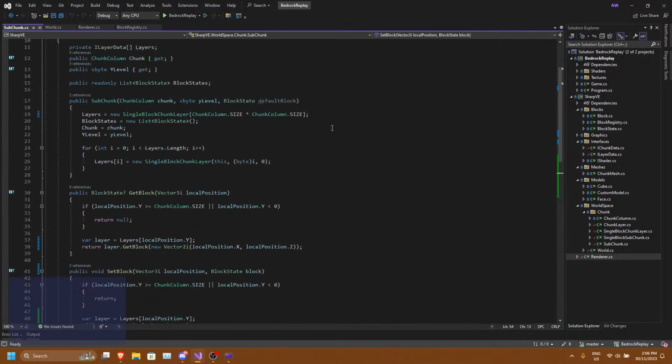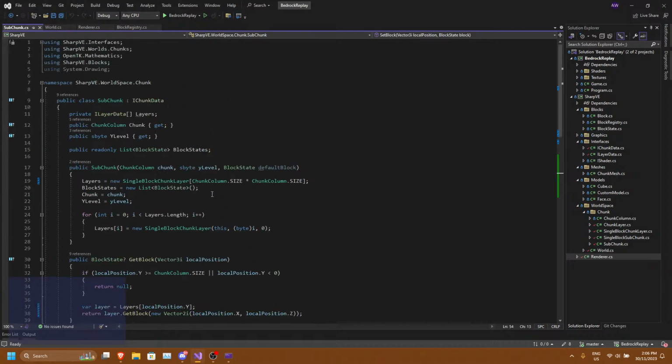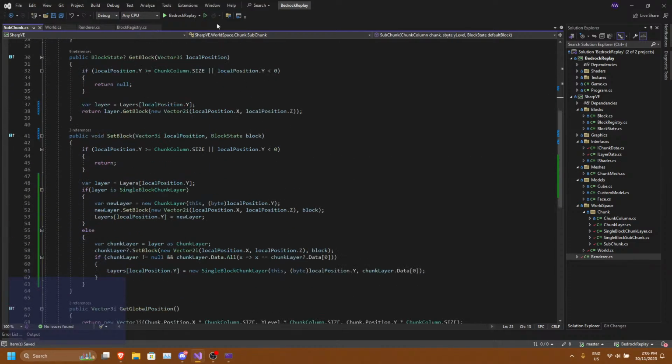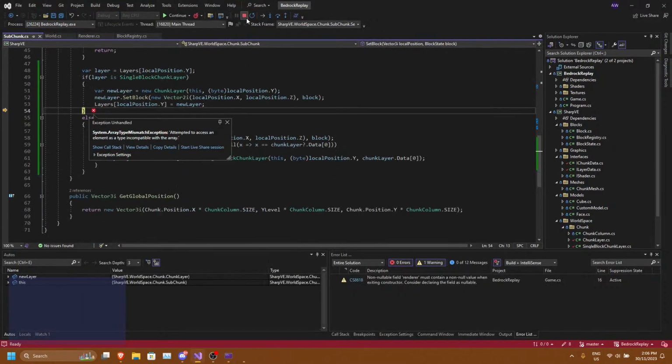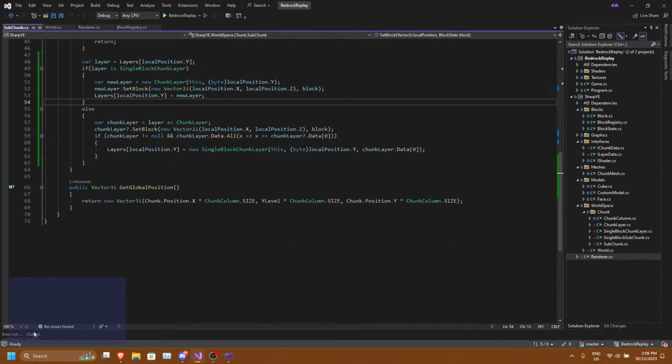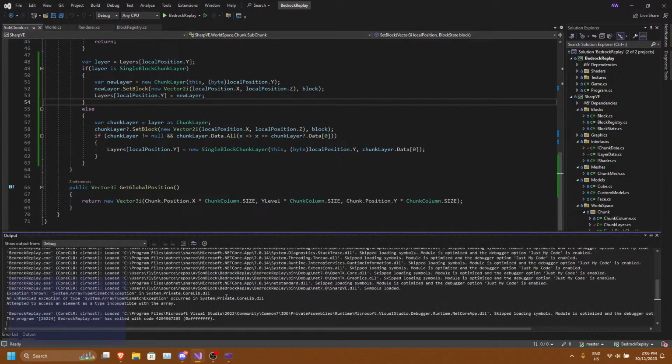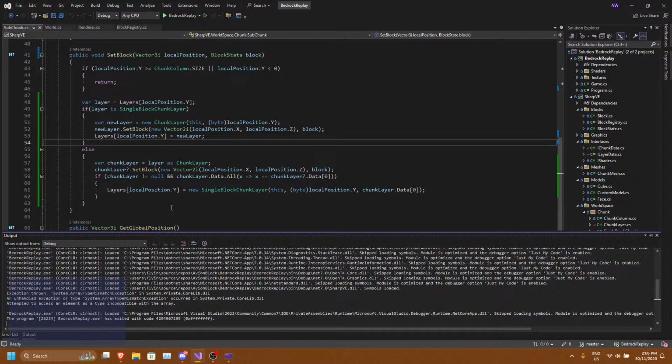We still have an error, but oh no, there should only be 16 of these, so we just do chunk columns of size. Yeah, there should not be many of these. Except we still have this error. What does this mean? Attempted to access an element as a type incompatible with the array.